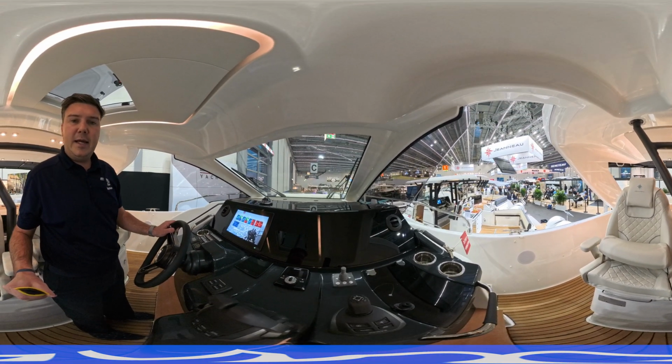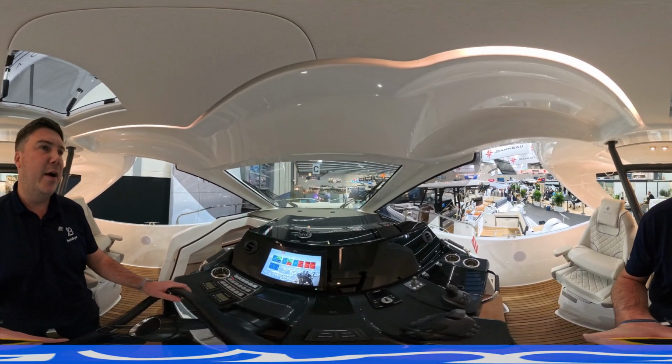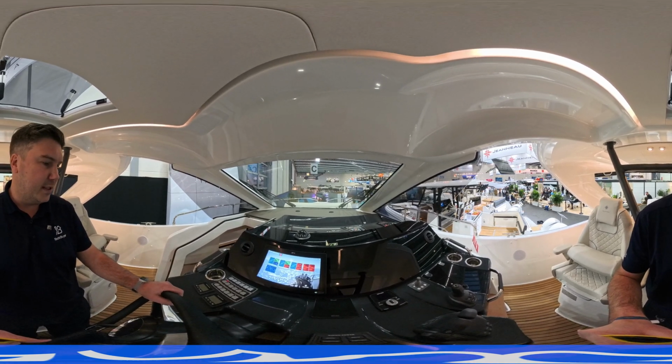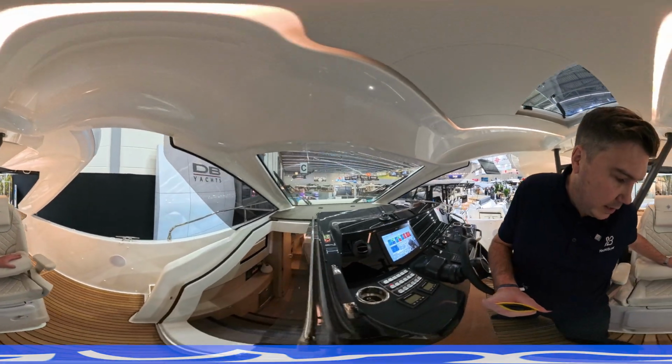A couple of cup holders here. But yeah, this is a pretty good position. And I imagine you're topping out at, I don't know, around 30 knots. It's designed to cruise at probably 22, 25 knots, this thing, for a couple hundred nautical miles. Before we drop down into the accommodation,